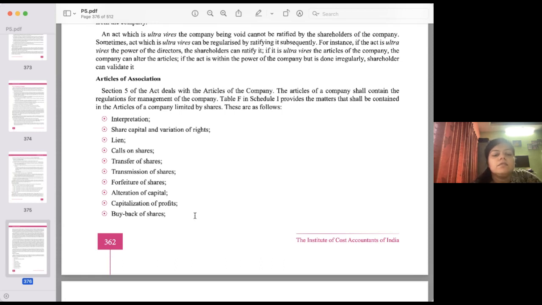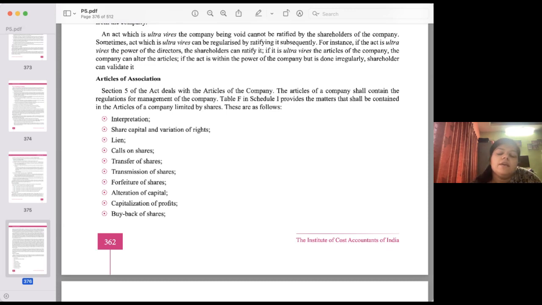Now, forfeiture of shares, alteration of capital. Forfeiture of shares can happen for very many reasons. One of the most rampant reasons happens to be if you don't pay up the calls which have been issued by a company. So if it's a partly paid up share, and if you don't pay up the entire amount of money. The next is with respect to forfeiture regarding, say, supposing